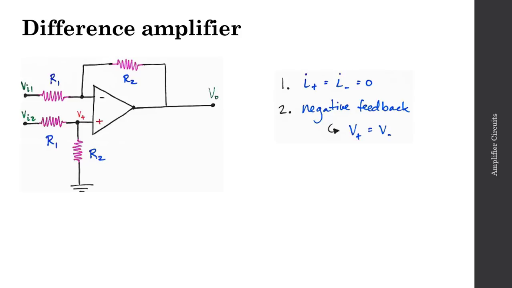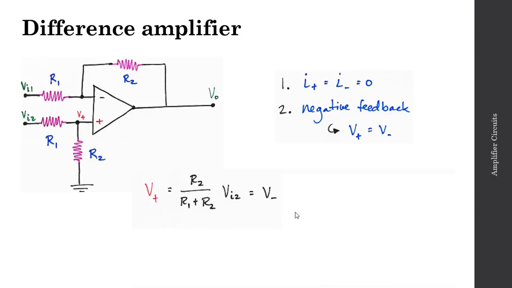So V plus in this case, you'll notice I have a voltage divider here. I have an input VI2, and there's another input to the op-amp, VI1, we'll come back to that in a second. But looking at VI2, I have two resistors and ground, so I have a voltage divider here, and I can use that to describe V plus. V plus will be equal to R2 over quantity R1 plus R2 times that input VI2. And then since we have negative feedback in our op-amp here, we can say that V plus is equal to V minus. So V minus is now equal to R2 over R1 plus R2